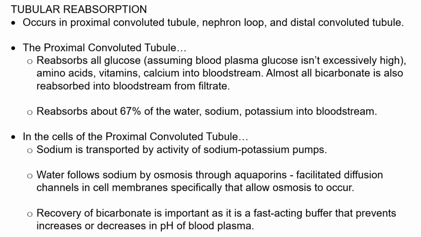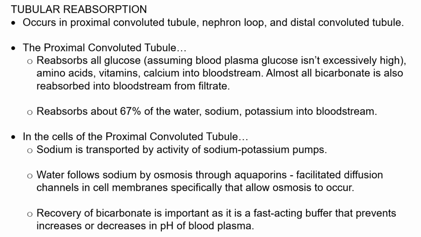Reabsorption of water, electrolytes, and nutrients occurs along the length of the renal tubule structures, which are the proximal convoluted tubule, the nephron loop, and the distal convoluted tubule. Beginning with the proximal convoluted tubule, the structure reabsorbs all glucose in the filtrate, assuming that blood plasma glucose isn't excessively high. Blood glucose levels above 200 milligrams per deciliter is too high to recover all of the glucose that's traveling through the filtrate of the proximal convoluted tubule, and the remaining glucose that's not reabsorbed will appear in the